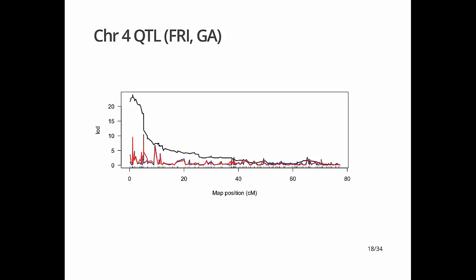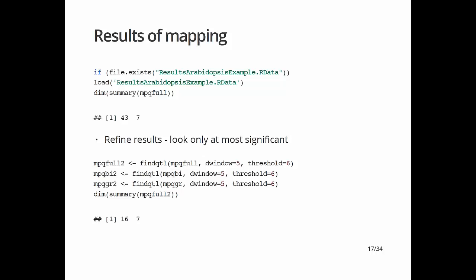So this is a plot of all 3 of the results there for one of the chromosomes. And as I mentioned earlier, these 2 peaks correspond to 2 genes known to affect flowering time in Arabidopsis, FRI and GA. And if you actually output the summary,